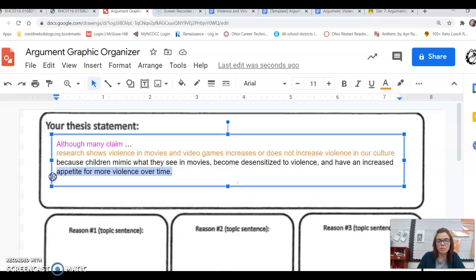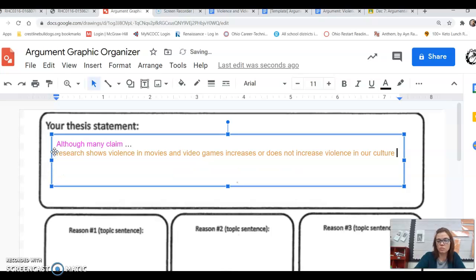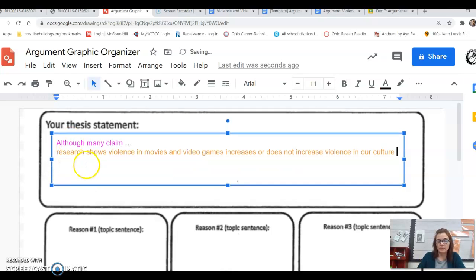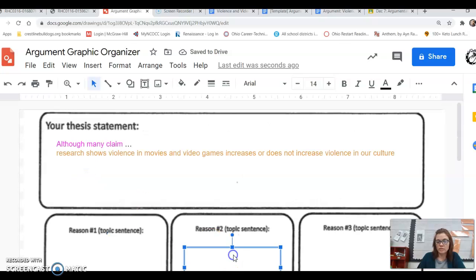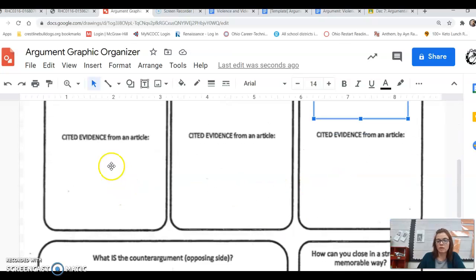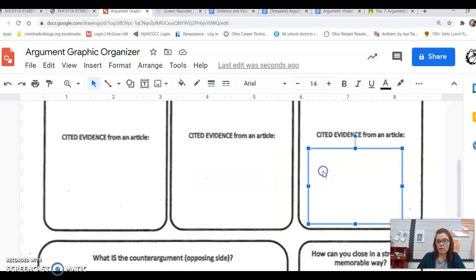And then you tell me why, 3 reasons why, right here. Reason 1, reason 2, reason 3. Evidence supporting, direct evidence right from that article. And it's not just a copy and paste, but for now, you're just putting it in there and then you're going to paraphrase it. You're going to reword it on your own.